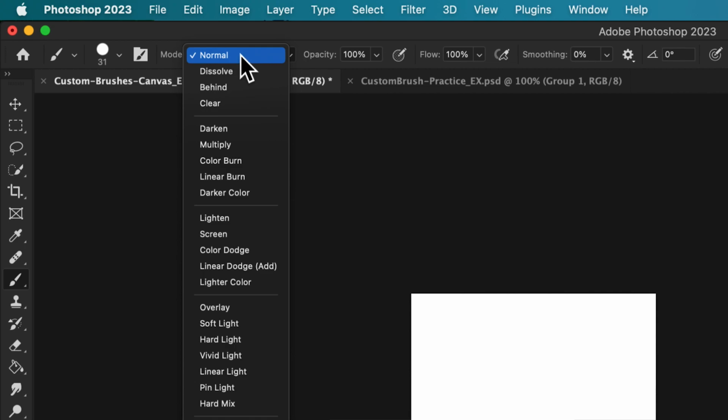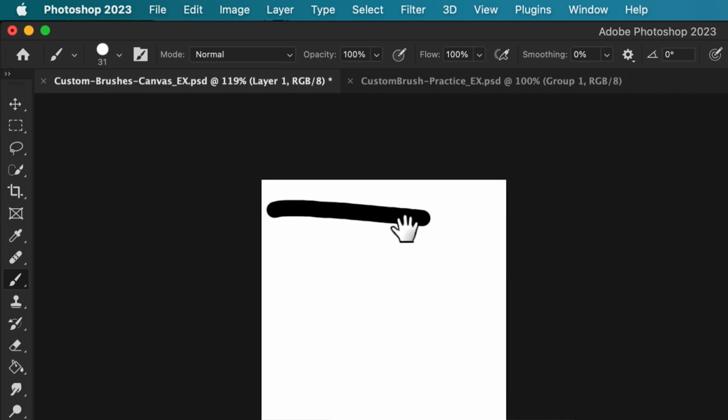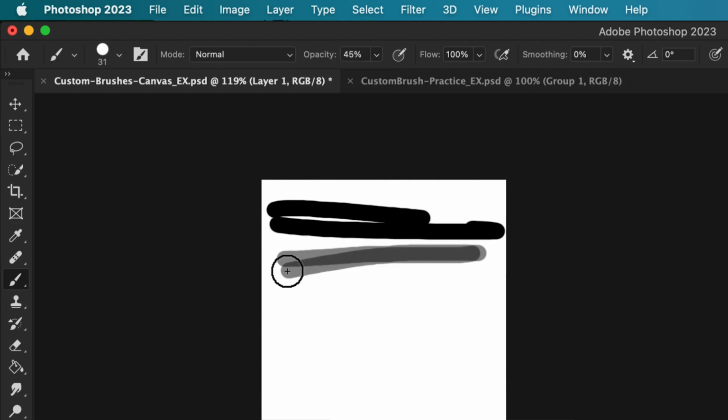Our mode is going to be blending mode. We're just going to leave it on normal. Opacity is how opaque or how translucent the brush is. At 100, it's 100%. 45, 45%.